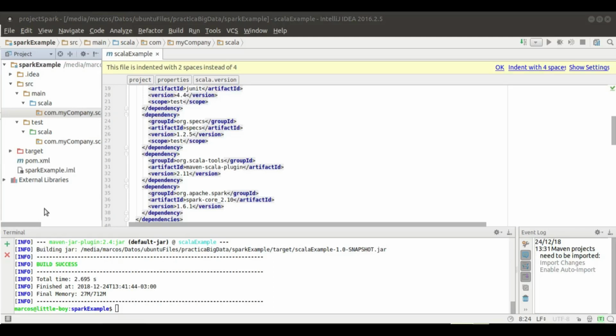Previously, I showed you how to create a Maven project to run a Scala application on a Scala language. Now we will create a script to run that application. Here I have the POM. I removed some files that come with the project when you create a Scala project in IntelliJ, and we will create a Scala